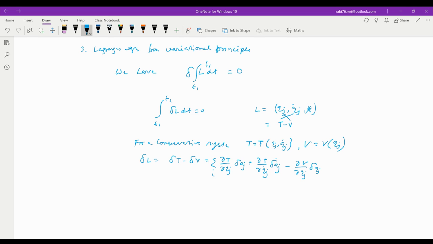So from Hamilton's variational principle, we have t1 to t2